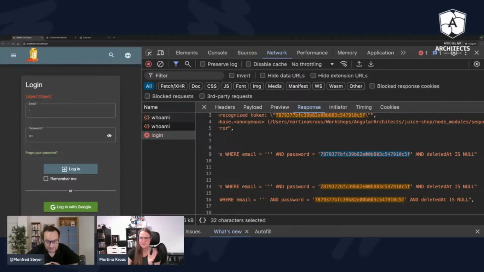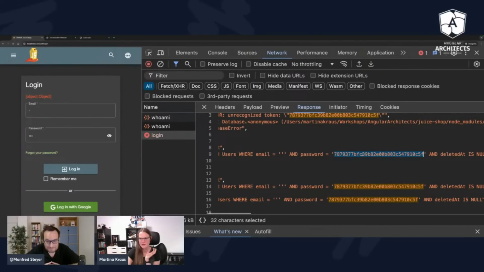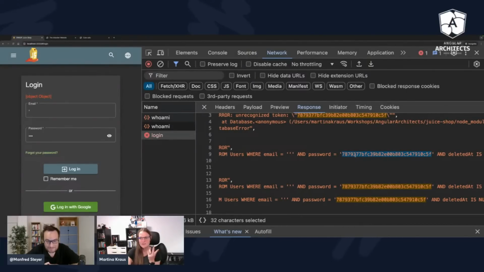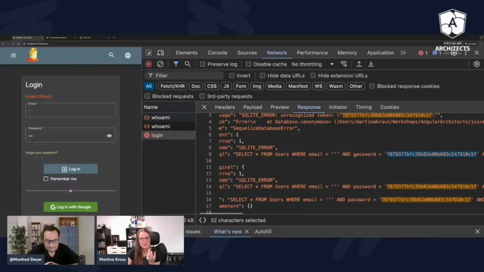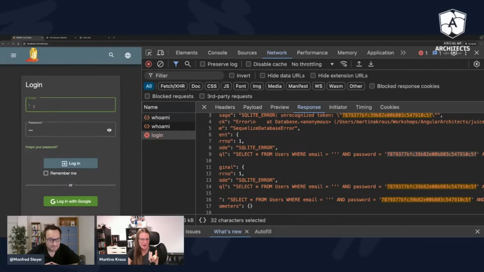Okay, I don't know where this password is actually coming from, but there's already some password inside. What we could do now, because we see that the character over here is immediately inserted inside this email and immediately forwarded to the database, is like a jackpot for each and every hacker wanting to execute an SQL injection.